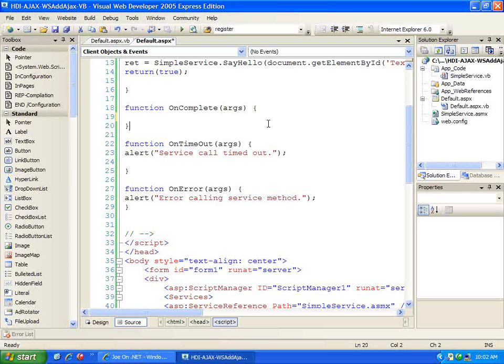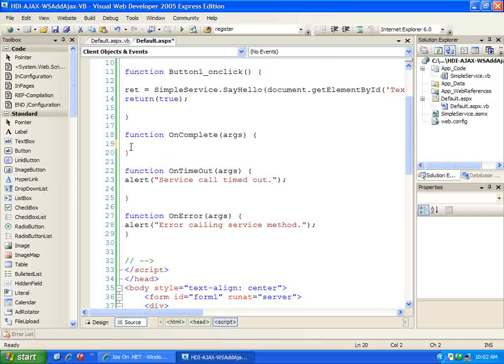Now let's go ahead and process a successful return. So remember, what we want to do here is we want to take the return value from our service call and populate the second text box with whatever we got back from that service. So again, we're not working with server-side ASP.NET controls, we're working with HTML artifacts. So let's say